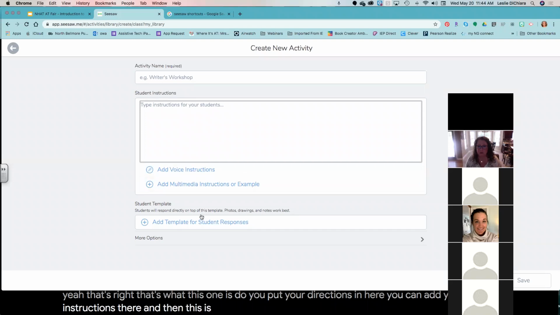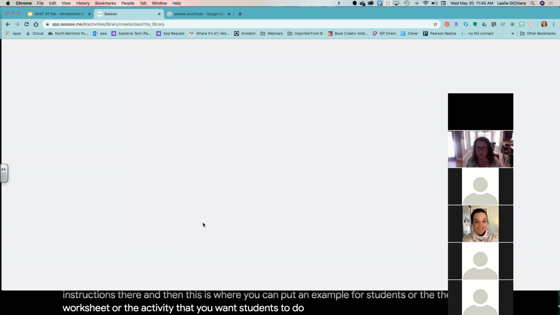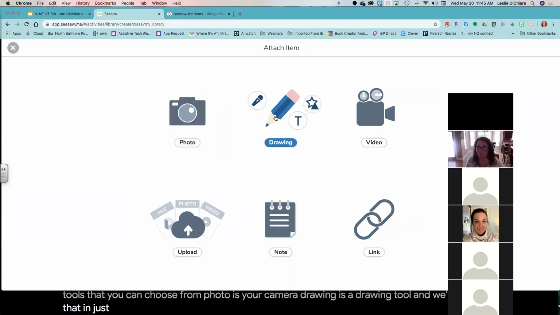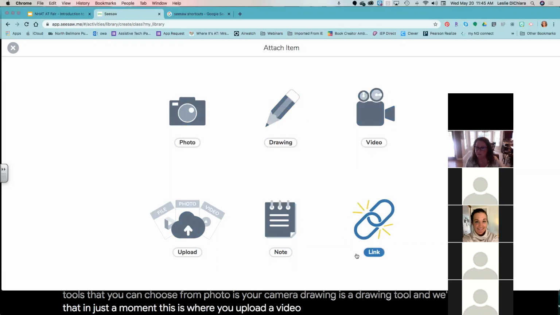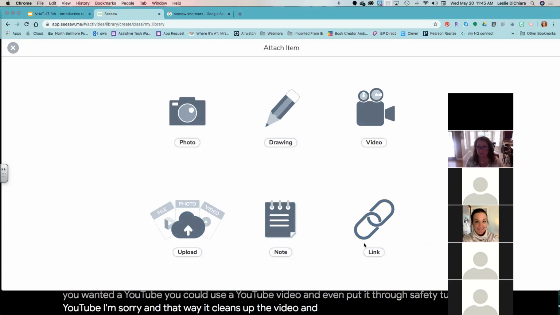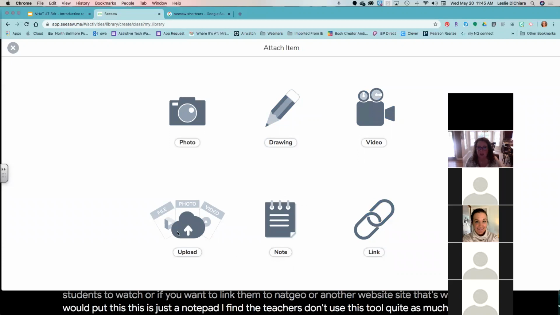And then this is where you can put an example for students, or the worksheet or the activity that you want students to do. So if I click on this, you've got a variety of tools that you can choose from. Photo is your camera, drawing is a drawing tool, and we'll get into that in just a moment. This is where you'd upload a video. This is where you'd upload a link. So if you wanted a YouTube, you could use a YouTube video and even put it through Safety YouTube, I'm sorry. And that way it cleans up the video, and then it can be linked right in here for students to watch. Or if you want to link them to Nat Geo or another website, that's where you would put this. This is just a notepad. I find the teachers don't use this tool quite as much. And then this is the upload of